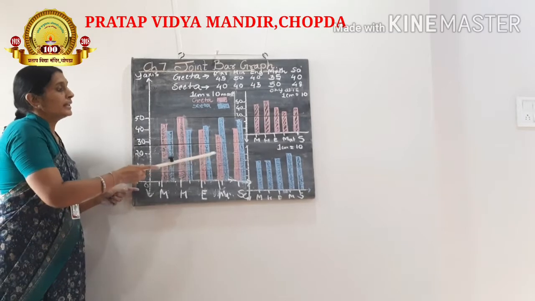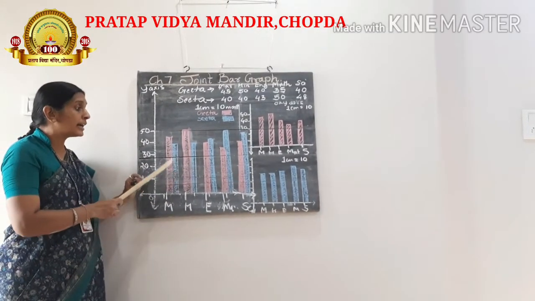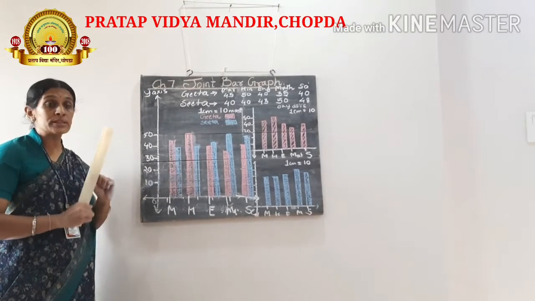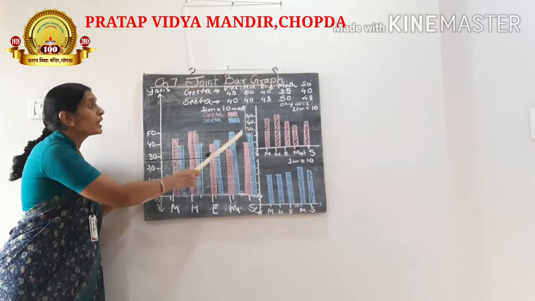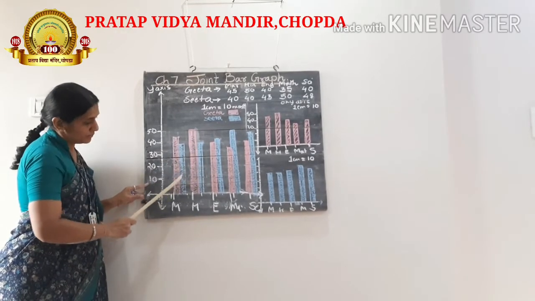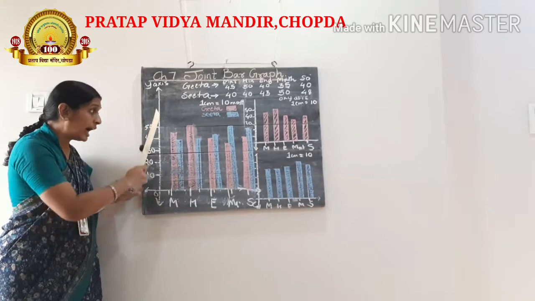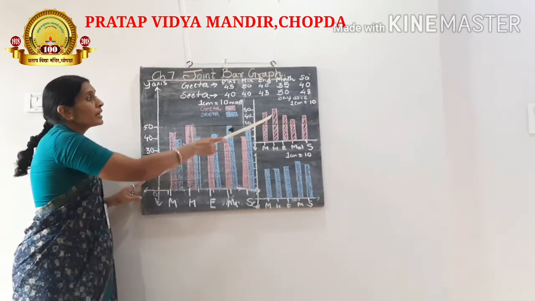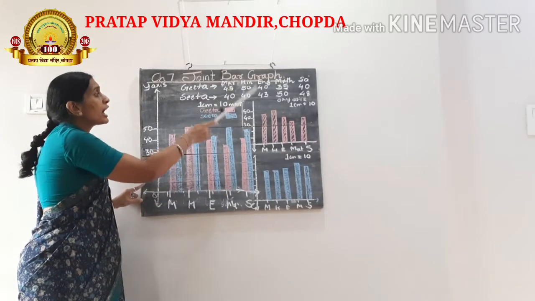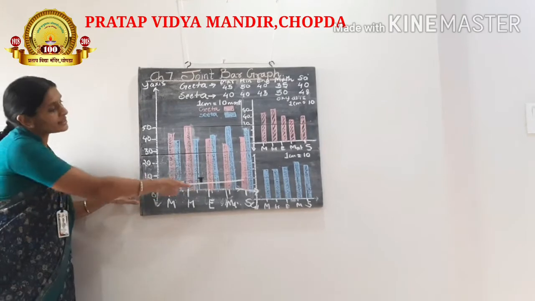So, in this way, you have to remember some things while drawing a graph. You have to use a scale. You have to count the squares perfectly, and the bars should be of the same width, and the length will be according to their scores. Here we have a different graph for Geeta and Sita, but we can draw this together,